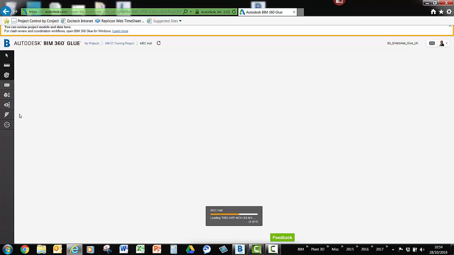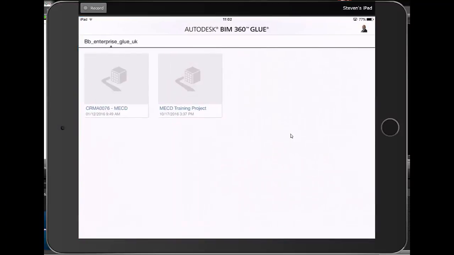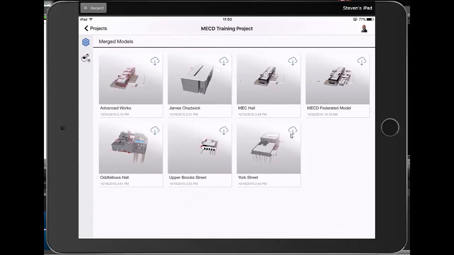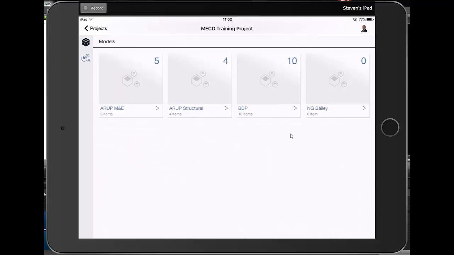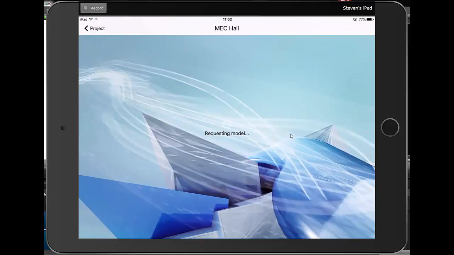Also, the model itself can be seen in an iPad app, and I'll just show you that. So on the iPad, as you can see here, we can go into the application BIM 360 Glue, and again if you've logged in it'll take you straight into the area, and you can see the project there again. We can open the same project that we've just had open into the desktop and the Internet Explorer version, and again on the left hand side you can see we've now got merged models, and we've got the separate models. We can go back into merged models, which is where we recommend you being, rather than into the individual models, and again we can go back in to Mech Hall and it'll actually open up the